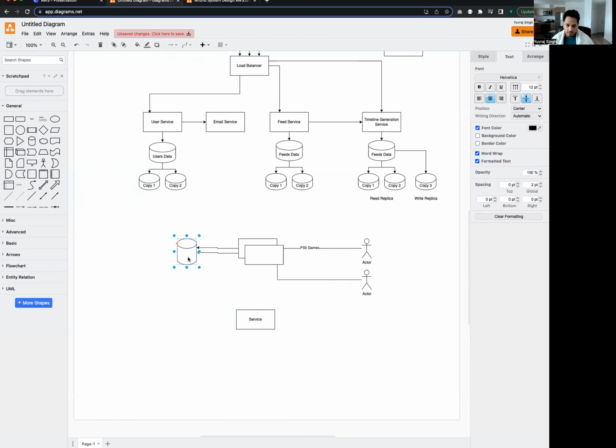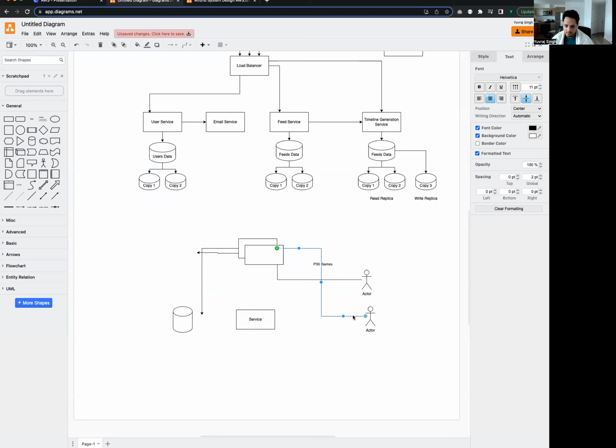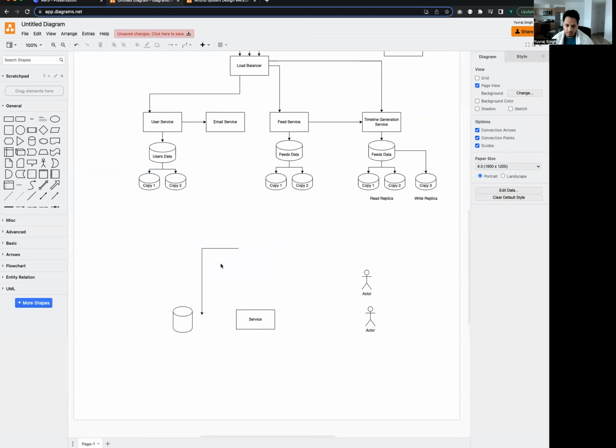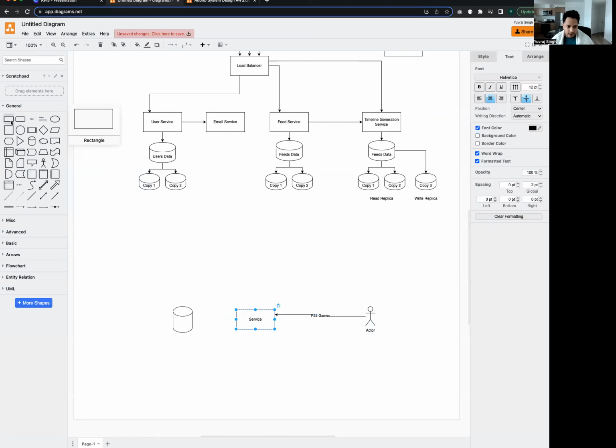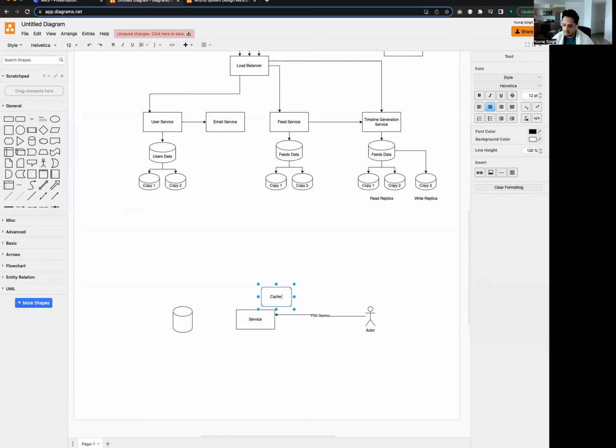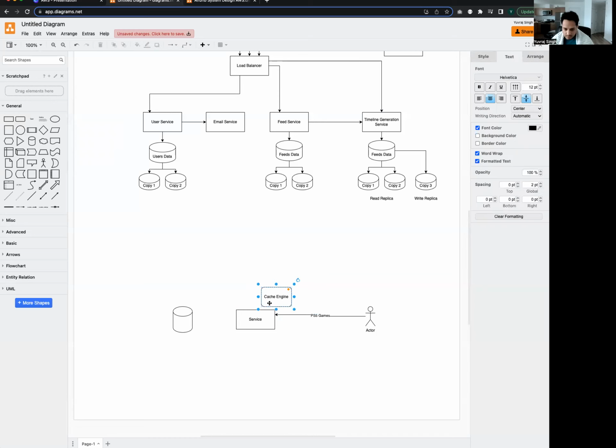So when a user, you as a user here, will request for PS5 games. Your service will first check, it will have a cache engine right here, right? So your service will first check whether there was a search already made for PS5 games. If it was not already made, then it will go to database,